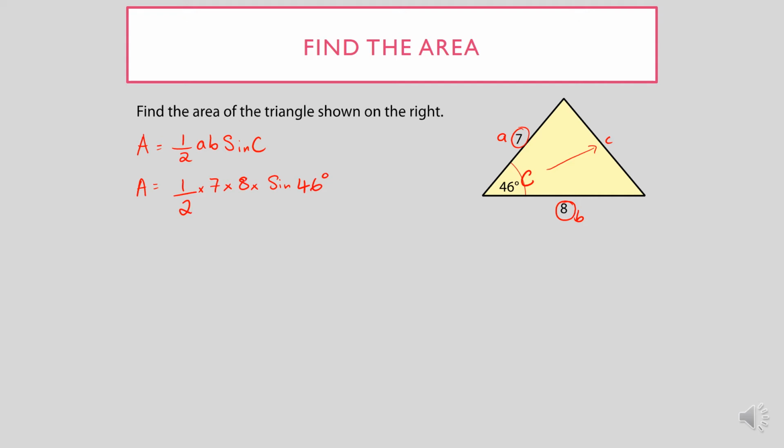Now take a moment to check that your calculator is in degree mode. There's a little D or DEG at the top of the screen. Then you can type it in exactly as you see it. I'm typing a half using my fraction button, or you can type 0.5, multiplied by 7 multiplied by 8 multiplied by sine 46, press equals, and I get